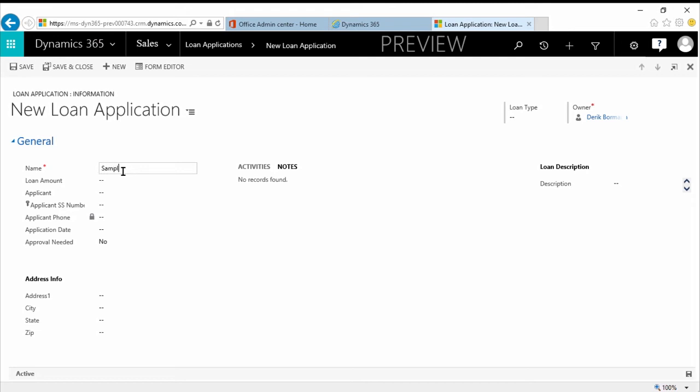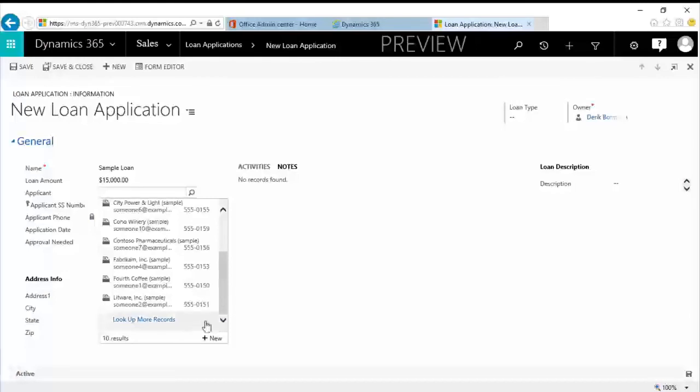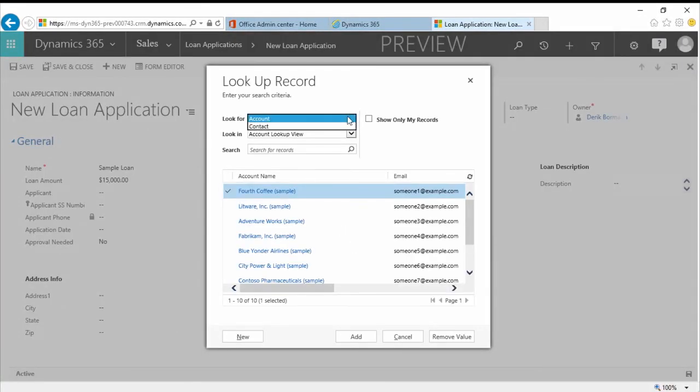So we'll call this sample loan. Loan amount is going to be $15,000. Applicant, I can click on the applicant, and now if I scroll down in here and go to look up more records, this is where, because I associated it with the customer item earlier, I can either choose the account or the contact based upon who's applying for this loan. At this point, we'll just choose Fourth Coffee